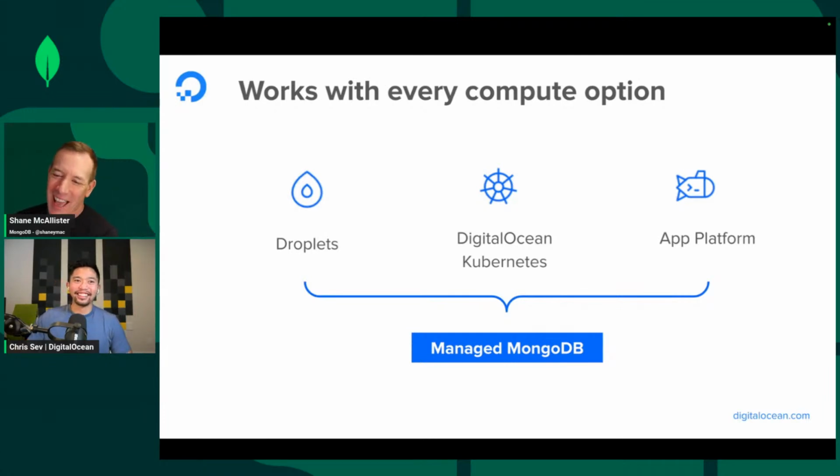Perfect. So this explained how your droplets plus Kubernetes and your App Platform all combine towards Managed MongoDB then. Yeah. So linking Managed MongoDB to any of our three compute options is pretty easy to do. And we can do it securely too, using trusted sources, so that, let's say, only this droplet can access this MongoDB instance. And I think that was one of our most requested things that we had to ship,